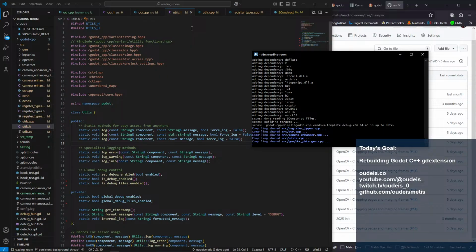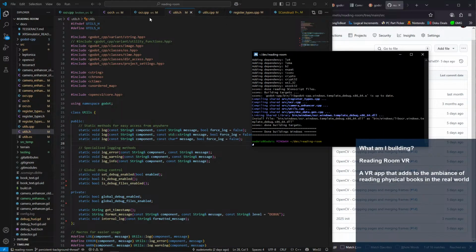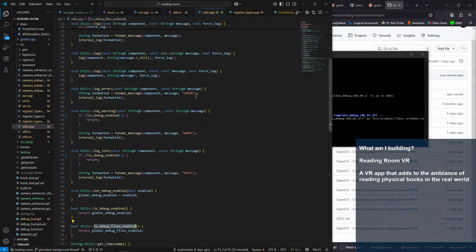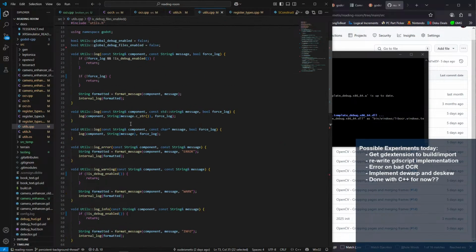Oh, but maybe we didn't log because logging wasn't turned on. That's probably the case. So yeah, if we call our log shortcut, that's going to call log, just regular log.